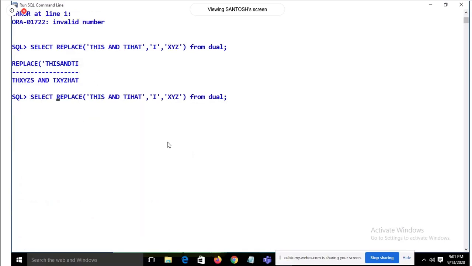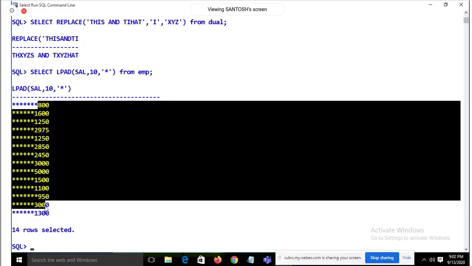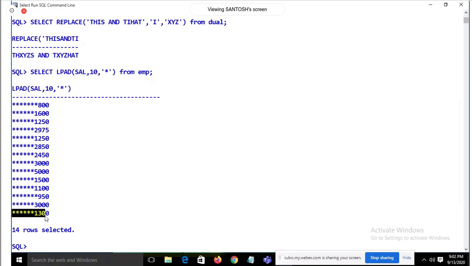Suppose I'm going to use select LPAD of, left padding. I'm going to put sal, comma, 10, comma, star from EMP. See, we are getting the salary. The total number of characters is 10.